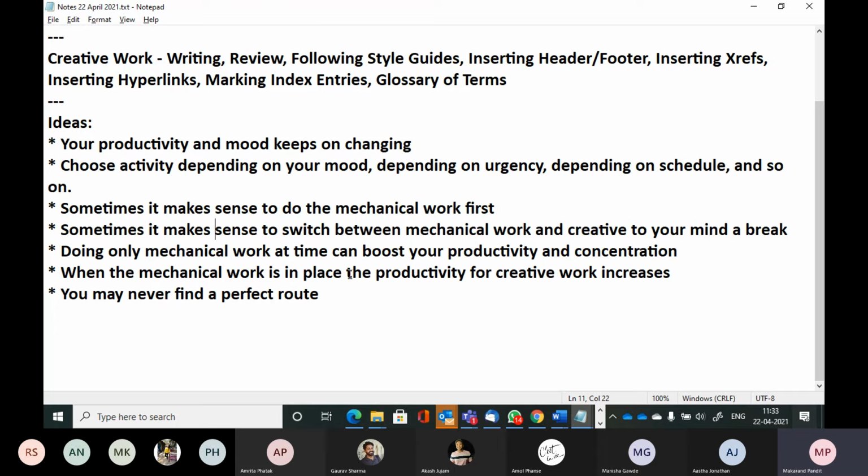So you can say कि ठीक है, आज सिर्फ ये मॉड्यूल का स्क्रीनशॉट लेके रखती हूँ, आज सिर्फ ये मॉड्यूल का डिस्क्रिप्शन डाल के रखती हूँ, whatever. Correct? Doing only mechanical work at a time can boost your productivity and concentration. The problem happens when you start putting the heading, then you start putting the introduction para, then you start writing how to get there, then you take a screenshot, then the system is not available.